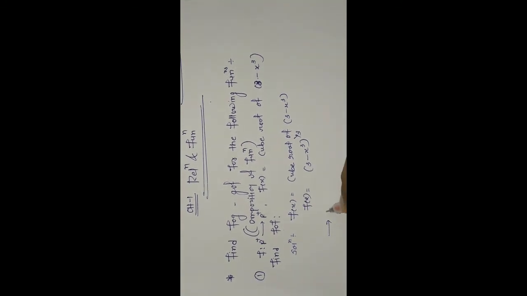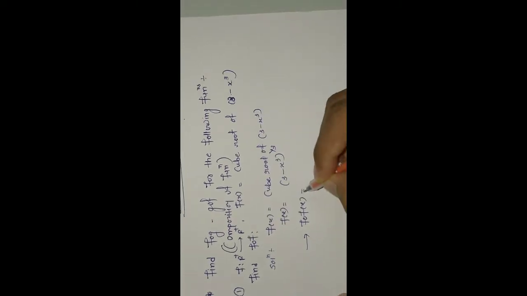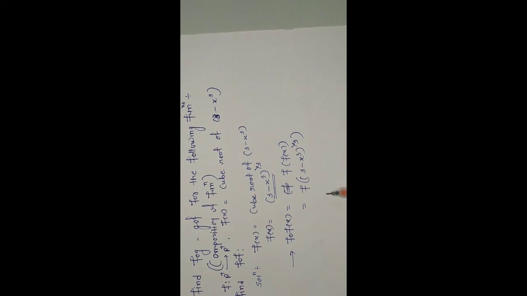Now to find f of f of x, as f of x is this, that means f of f of x equals f of, this is f of x, so we put 3 minus x cube raised to 1 by 3, and again f of